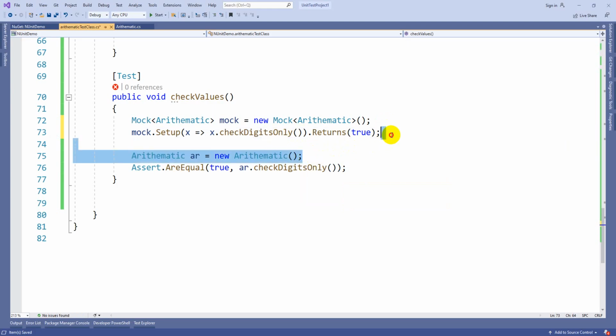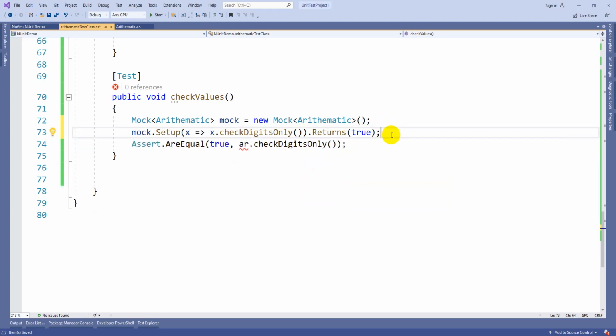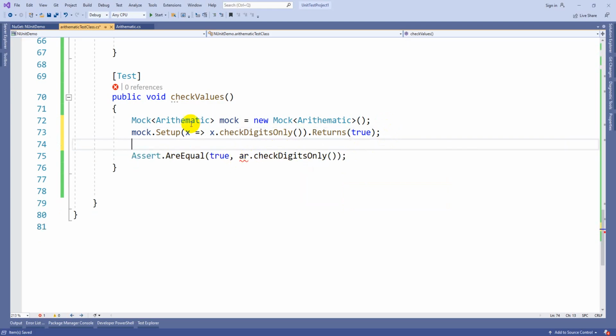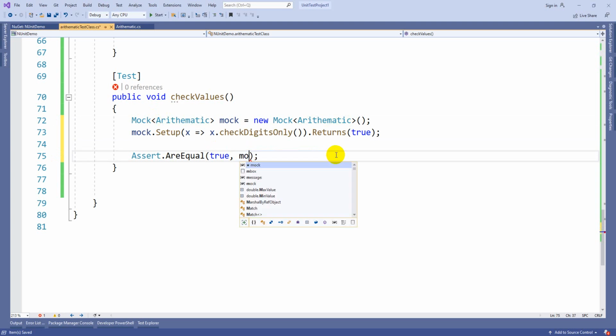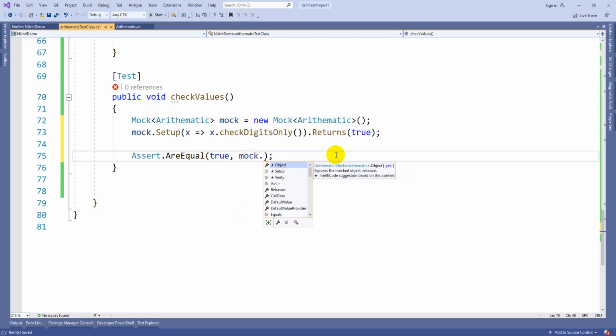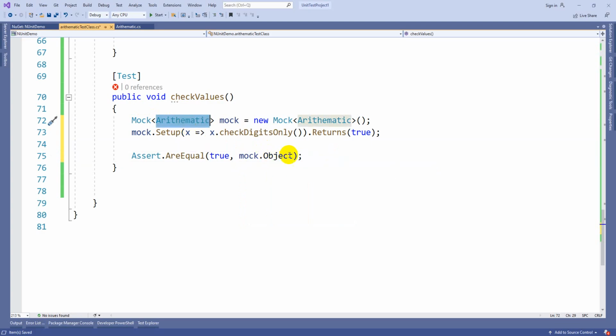Here you no need to use the Arithmetic object and all of that, because we are passing this class to the mock. So you write mock object name dot Object. Mock.Object is nothing but Arithmetic only.